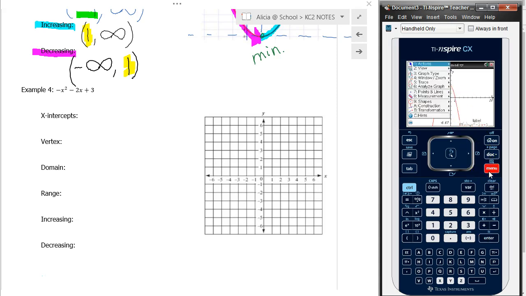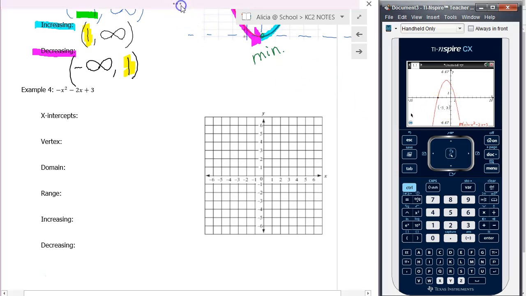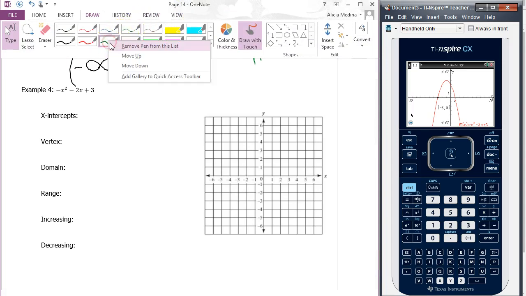But in case you want to see how to use our calculator here, I'm going to go to Menu, Analyze Graph, and find those zeros. I want to go just left of it, click Enter. Just right of it, click Enter. And I do also see that that x-intercept is a negative 3, just like I said before. So our x-intercepts,